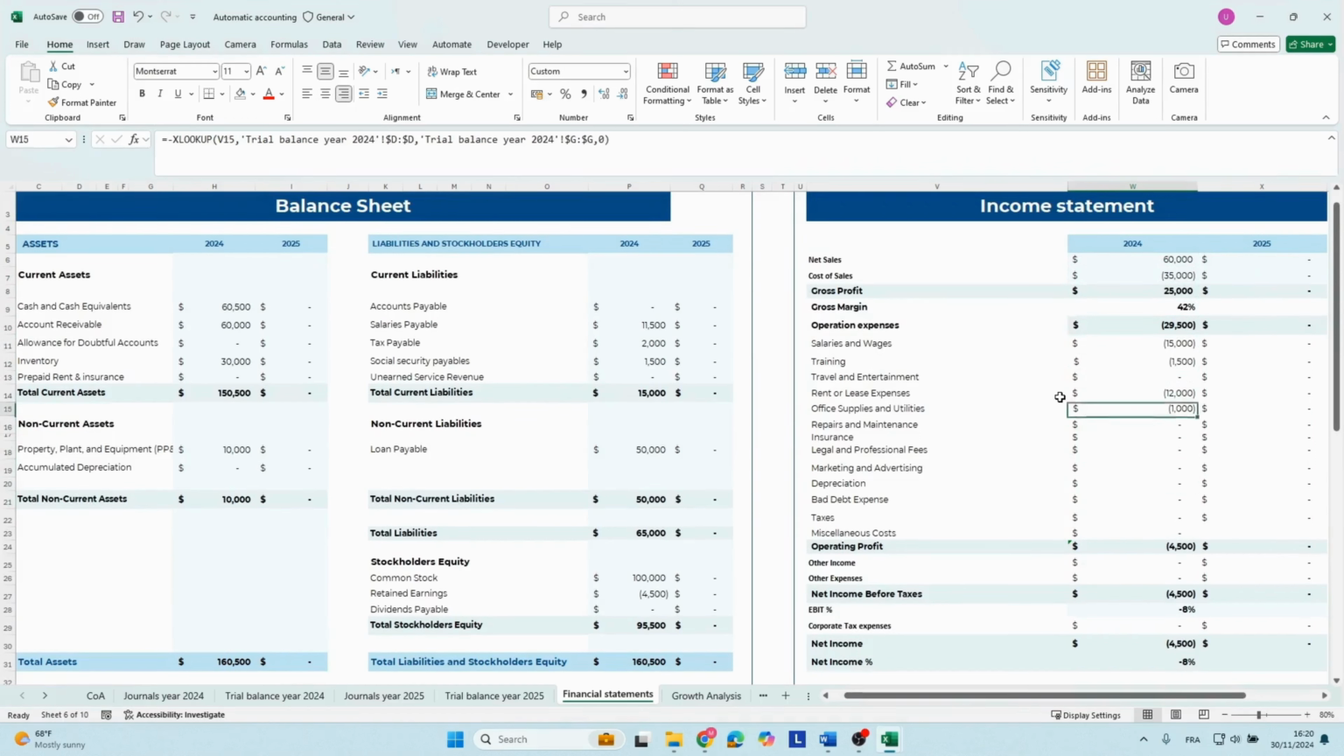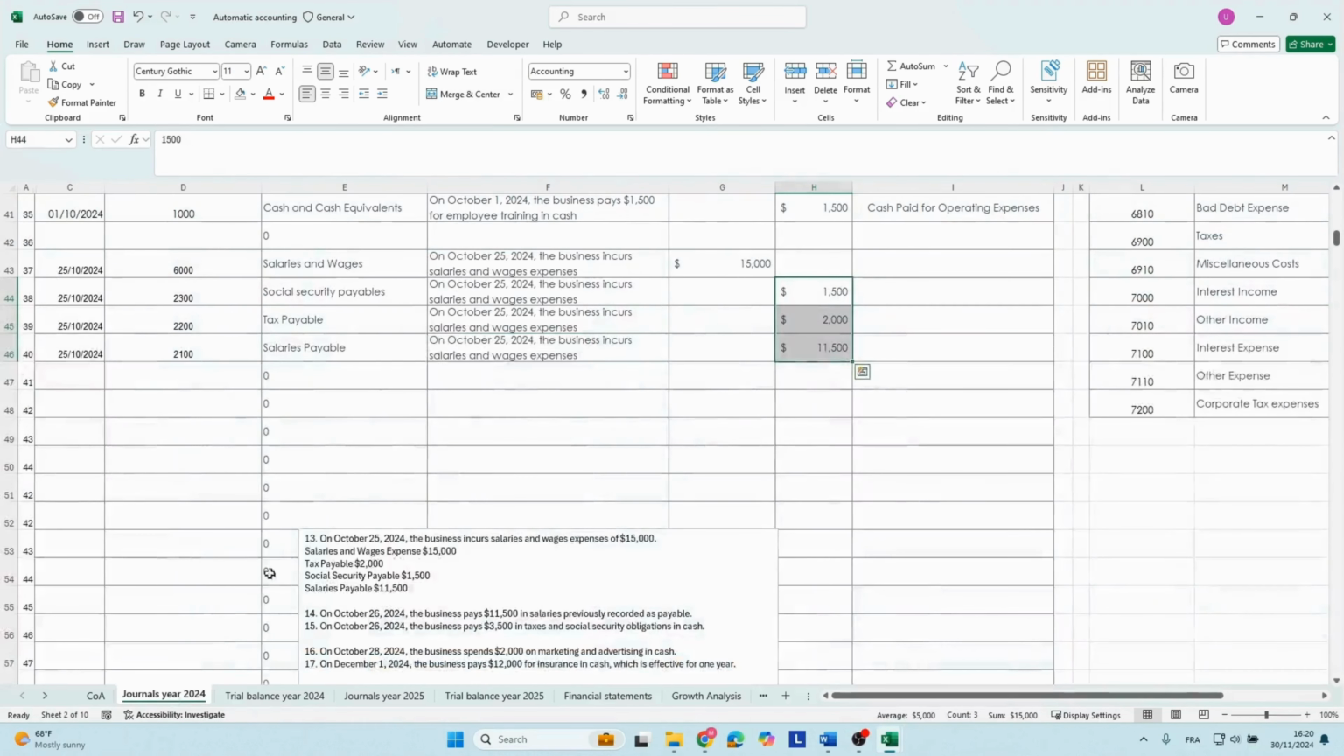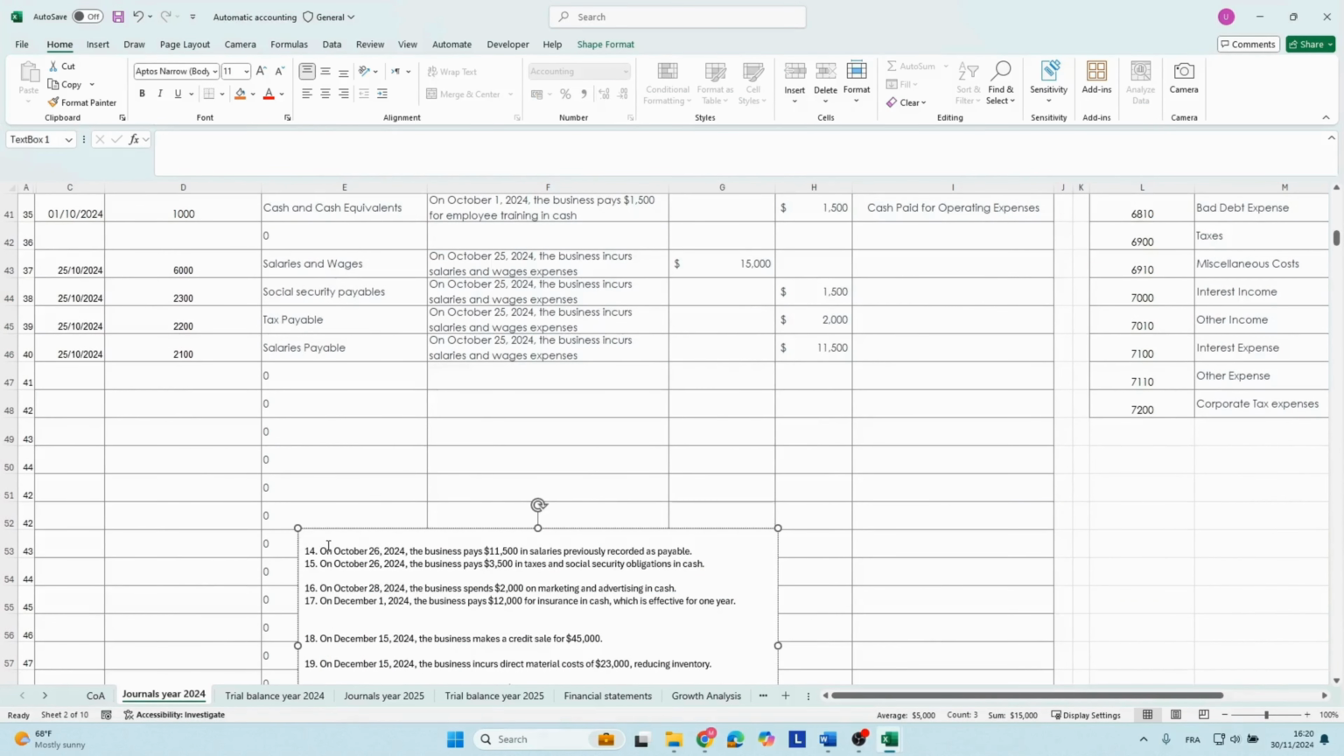On the financial statement, we see that our income statement now has new figures. We have more operation expenses. We have salary payable, tax payable, and social security payable. So we have 15,000 that we need to pay to suppliers, to employees, and different authorities. So we will go back to our transaction, and we make the transaction payment for salaries and for the tax and